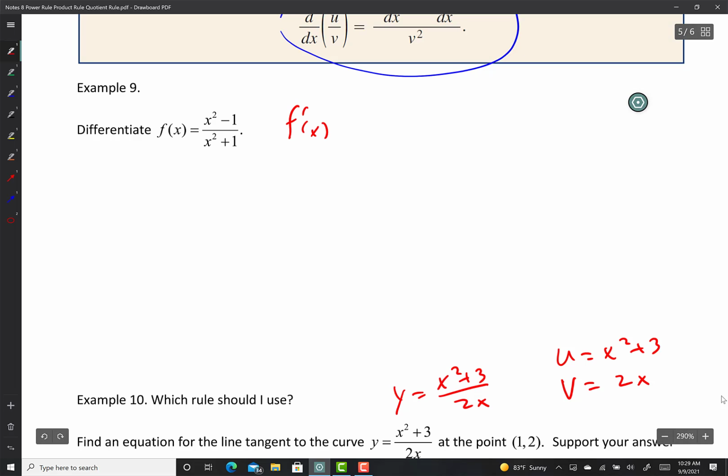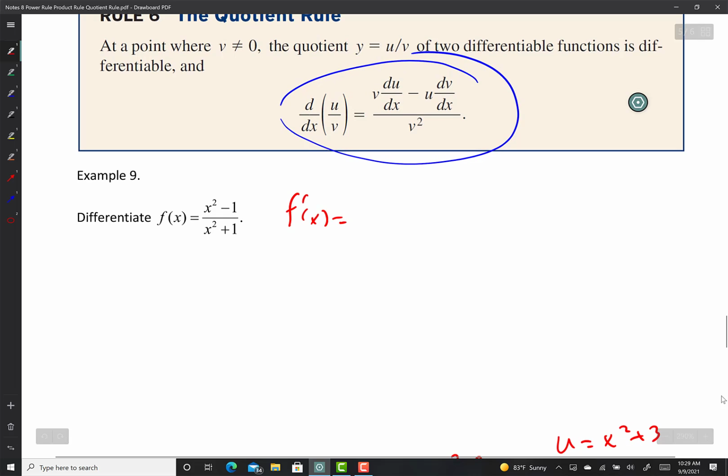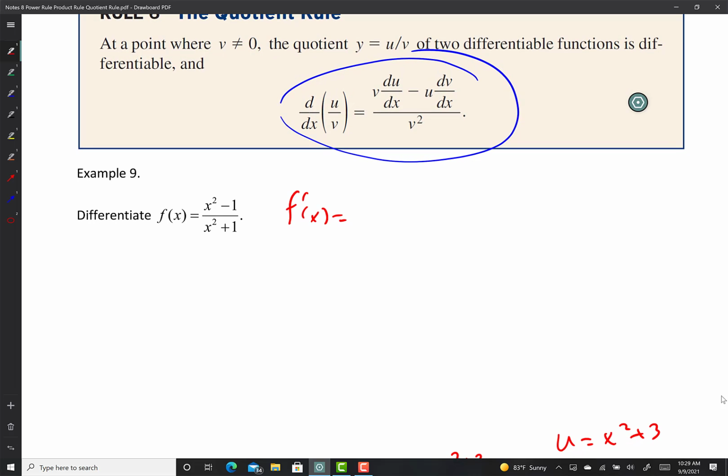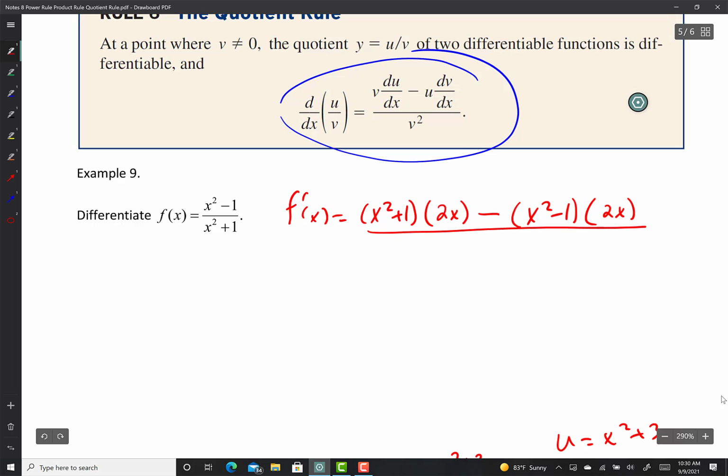So here we go. F prime. What do I do first? Yeah, go for it. Low D high. So what do I write first? X squared plus 1 times the derivative of the top. What's the derivative of x squared minus 1? Plus or minus? Minus. The quotient rule is minus. Minus low D high, minus x squared minus 1, high D low, x squared minus 1 times 2x again, all over